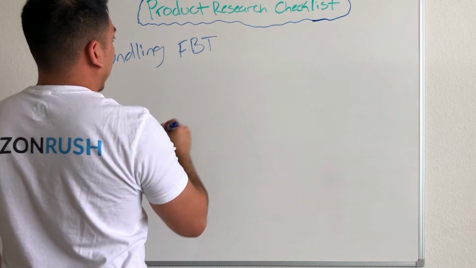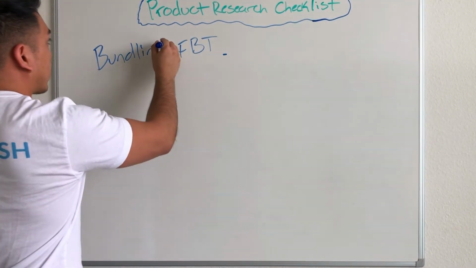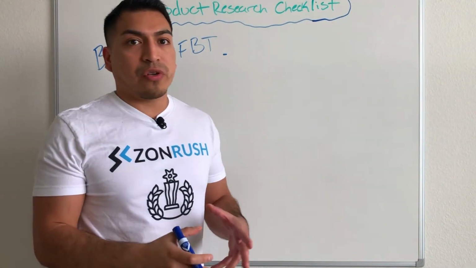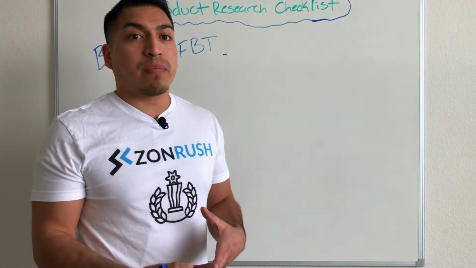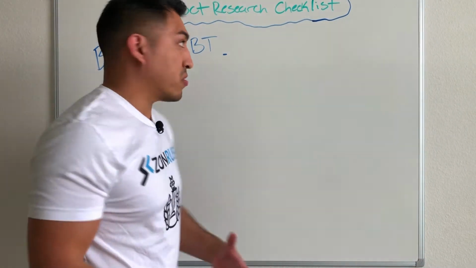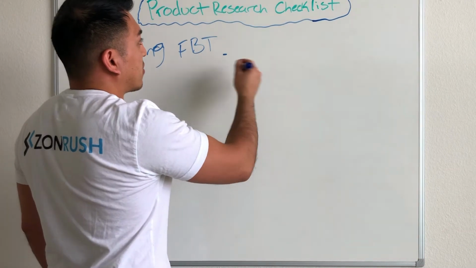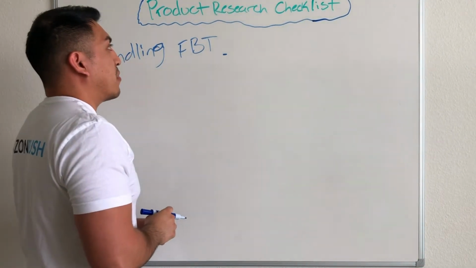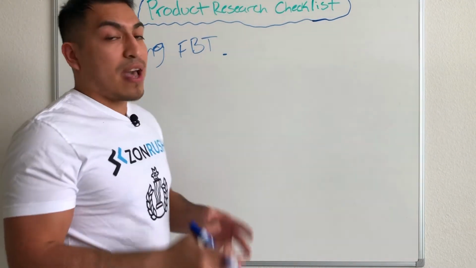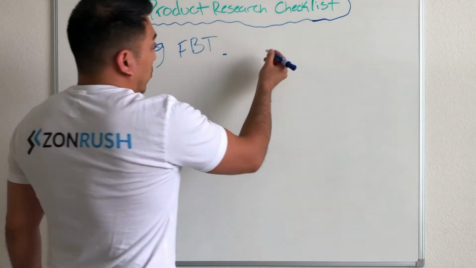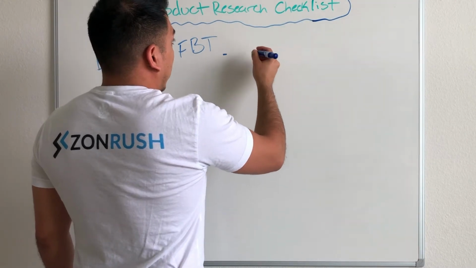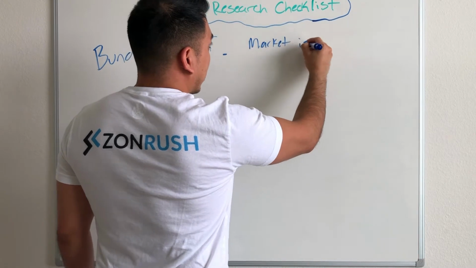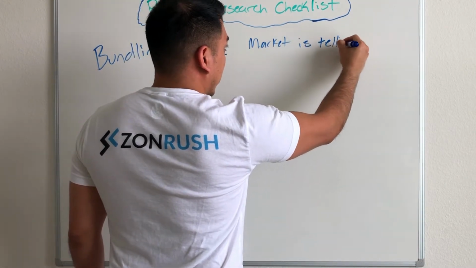frequently bought together. Okay, so as you know, Amazon's frequently bought together is a free resource for you to easily see what the marketplace is wanting and purchasing. And this is free. It doesn't take any sort of software to see that. You just look at what's selling already. And I'm going to show you how to bundle these to your advantage, because what you get from this information is a couple things. One, the market is literally telling you